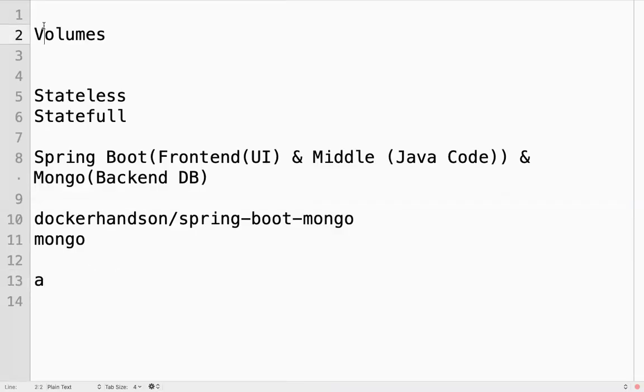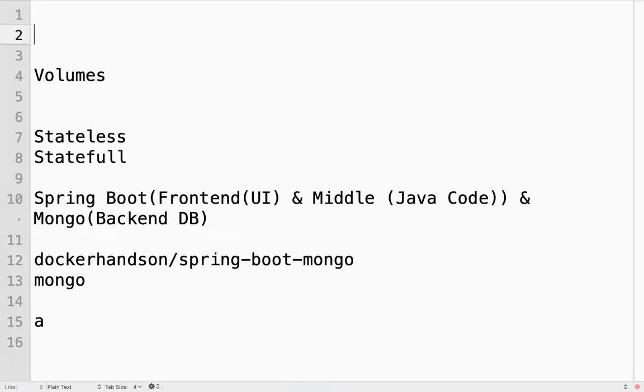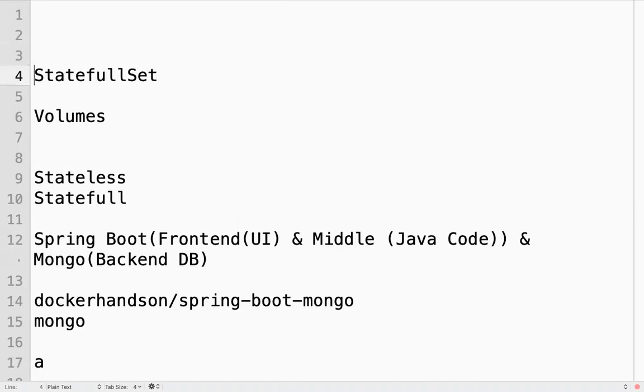There is one more Kubernetes object called a stateful set. What type of applications is recommended to use a stateful set? The name itself says stateful set, right? We can use it for databases, and for cache applications like Redis cache pods. So there is a separate object called a stateful set, and I will come to it.